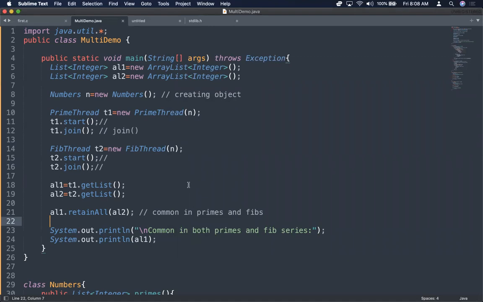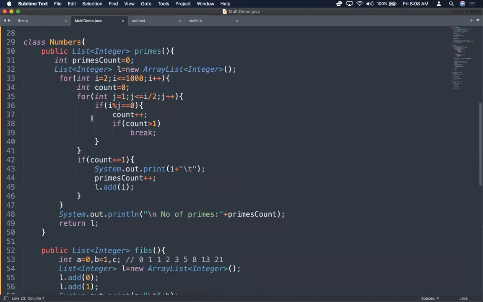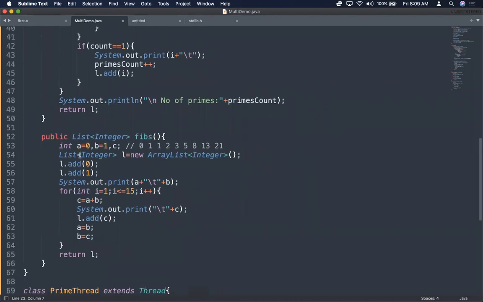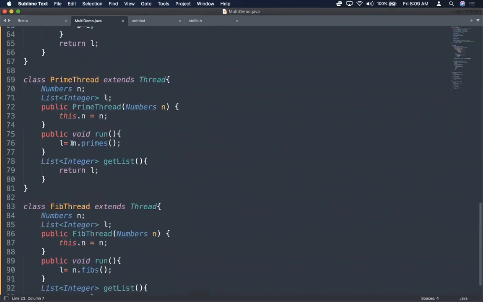So once again, I'm just simply summarizing what I did. I have written a class numbers with primes logic, then Fibs logic, and these two methods return lists.